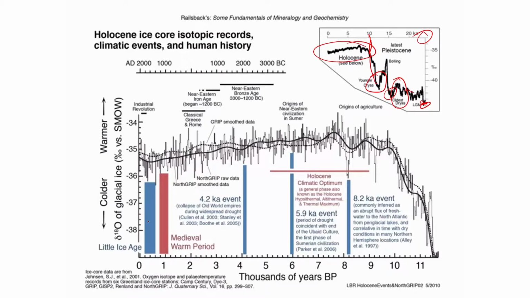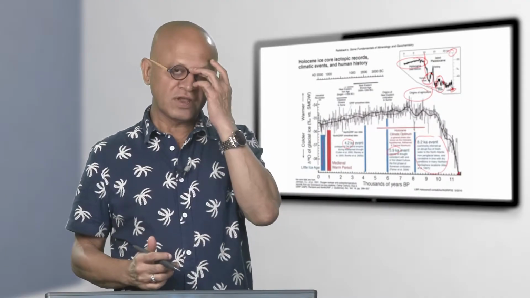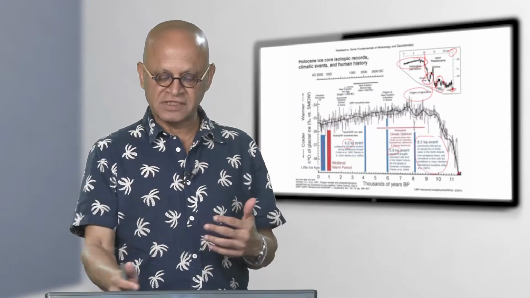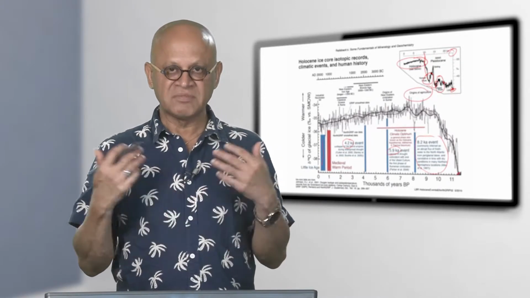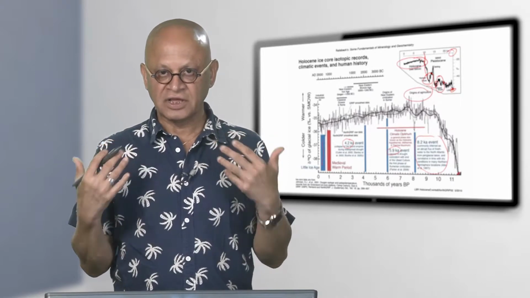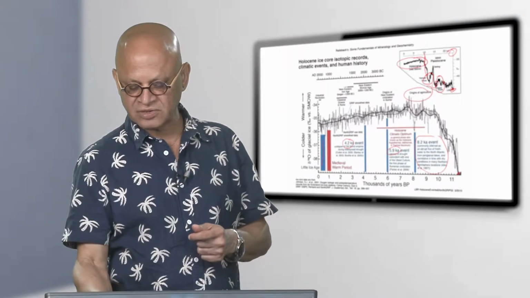So, looking carefully again, 11,000 years ago, increasing temperatures, deglaciation, origin of agriculture happened somewhere around here, and there were several events that are marked here, the so-called 8.2 kilo year event, 5.9, 4.2, and then of course we will come back to look at the medieval warm period and the little ice age, which we have mentioned. This is what we are generally calling the historic period, because other than the climate record and ice records, we have some historic, archaeological and other evidence, paintings and so on and so forth.